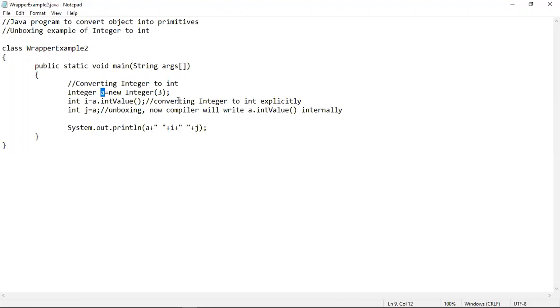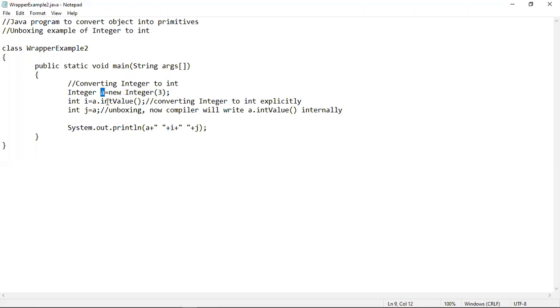Now, if you want to get back the original int value again, then you have to do the conversion from object to int. For that, we can use a method named intValue. Here you can see that the V is capital. This intValue method can be used upon the object in order to get back the original integer value from it.